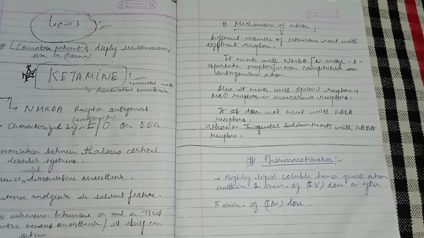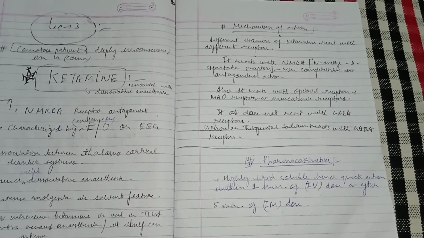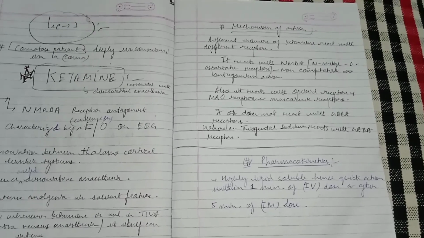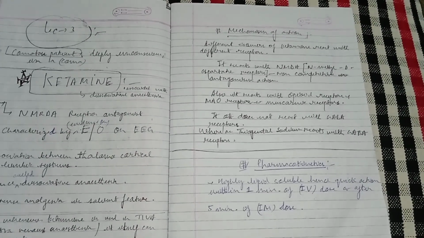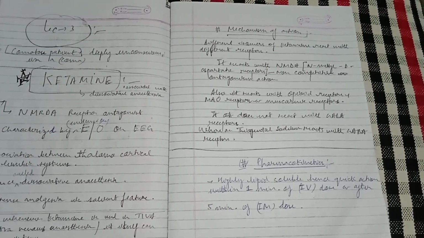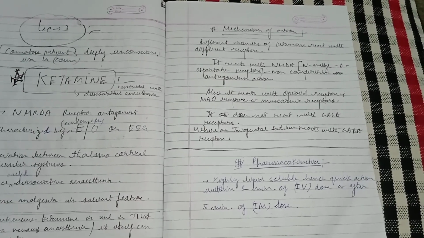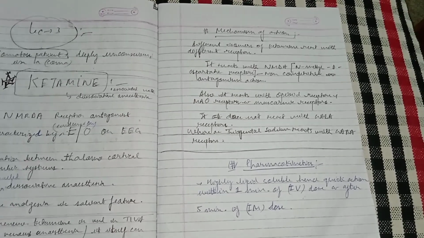So let's look into the mechanism of action of ketamine. Different isomers of ketamine react with different receptors. Let's look at the first point here. It reacts with NMDA receptors, N-methyl D-aspartate receptors, in a non-competitive antagonism action. Also it reacts with opioid receptors, MAO receptors and muscarinic receptors. And the last and the most important point: it does not react with the GABA receptors, whereas the previous